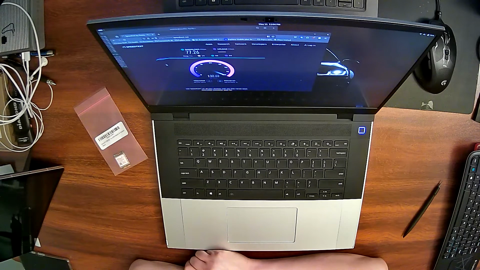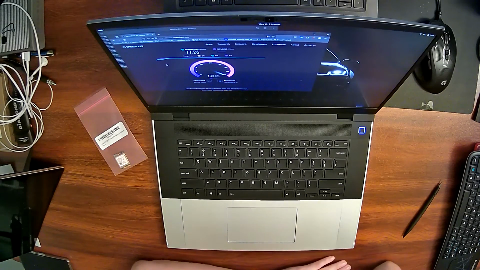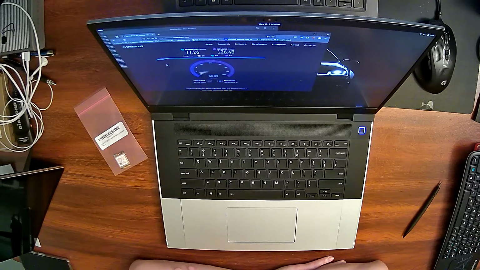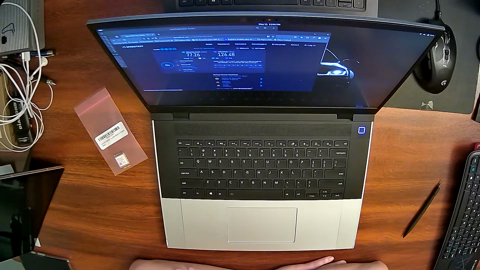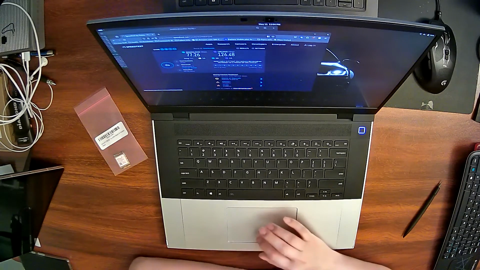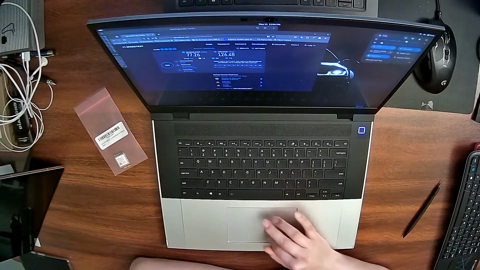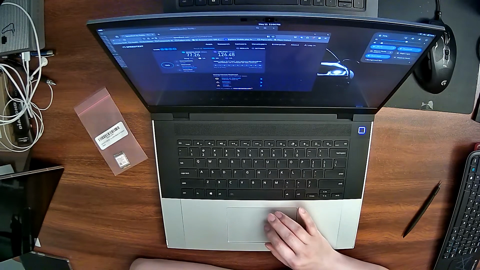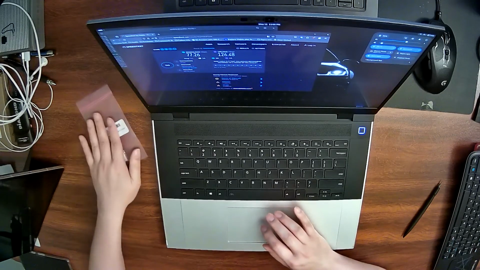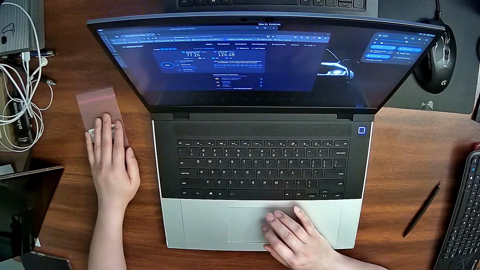What is going on here? Why is it so slow? Now this is the Intel, not the MediaTek. The MediaTek I was getting around 200 at least, although with my other laptops I was able to get 400 to 500. So MediaTek was worse than the Intel on my other Intel laptop, but on my MediaTek I get 200,